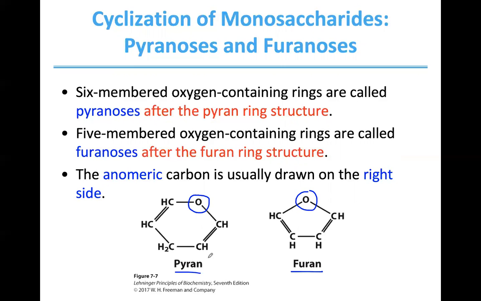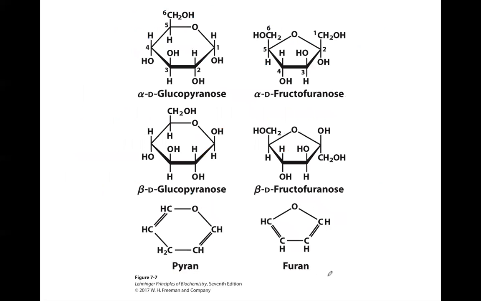So the sugars which are based on 6-membered rings with oxygen are pyranoses, and sugars which are based on 5-membered rings with oxygen are furanoses. So we'll look at that in a moment, and to jump a bit ahead, fructose is a furanose. And it's right there actually. All right, so let's go